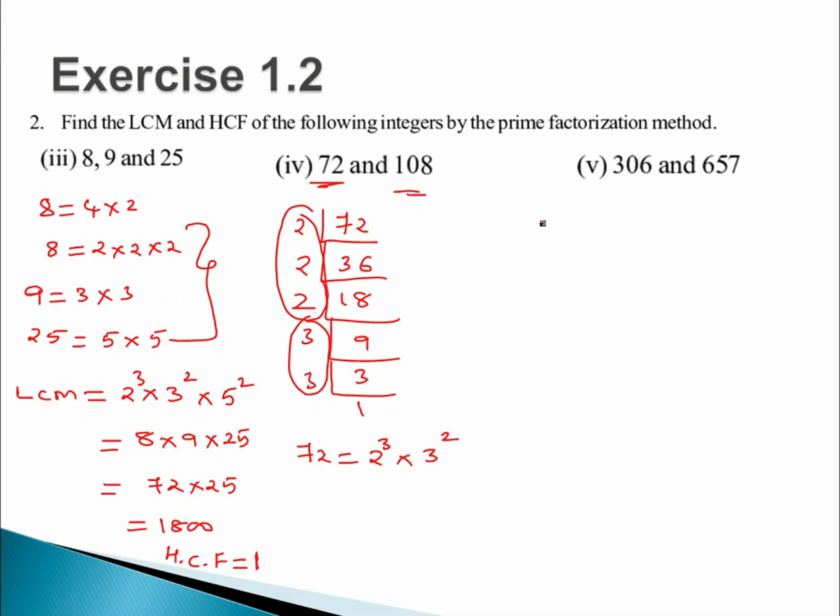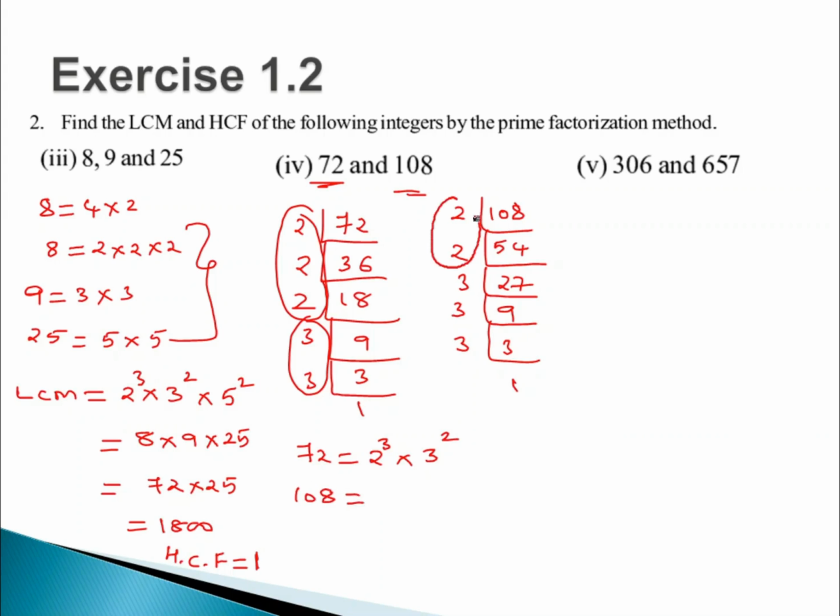Okay. So how to write 108 then is a simple thing. It is divisible in the 2 table. 4 goes out, and again the 2 table. Then you are having 27. 27 is divisible in the 3 table. So 3 threes are 9, and 3 ones are 3. That is the answer, right? So how to write 108 then? You can see a 2 square, and here I can say 3 cube, right?